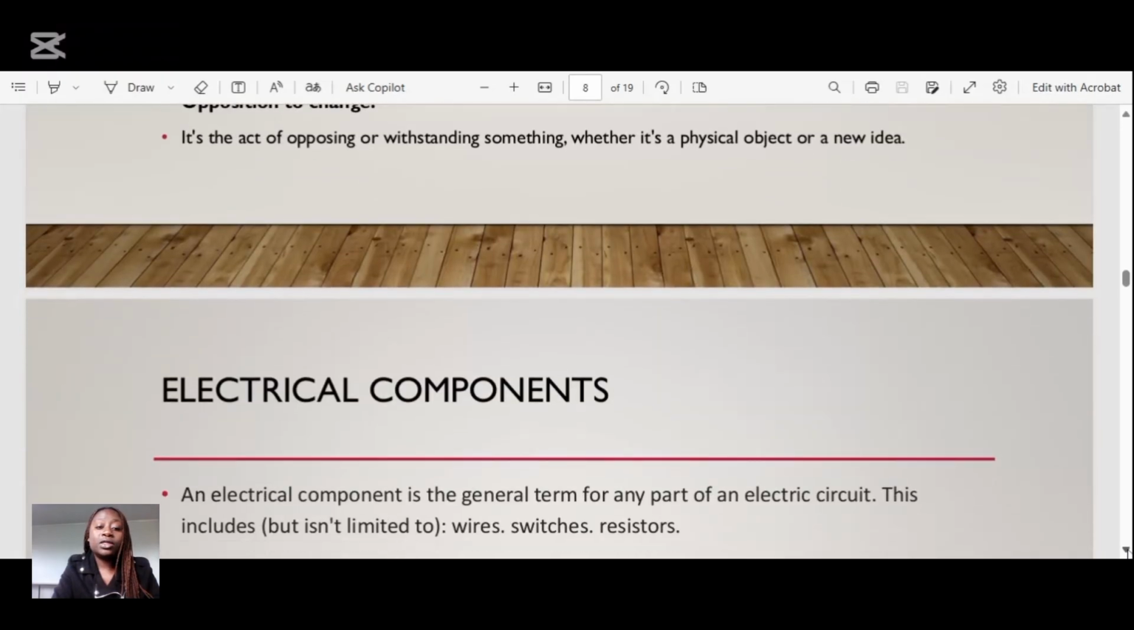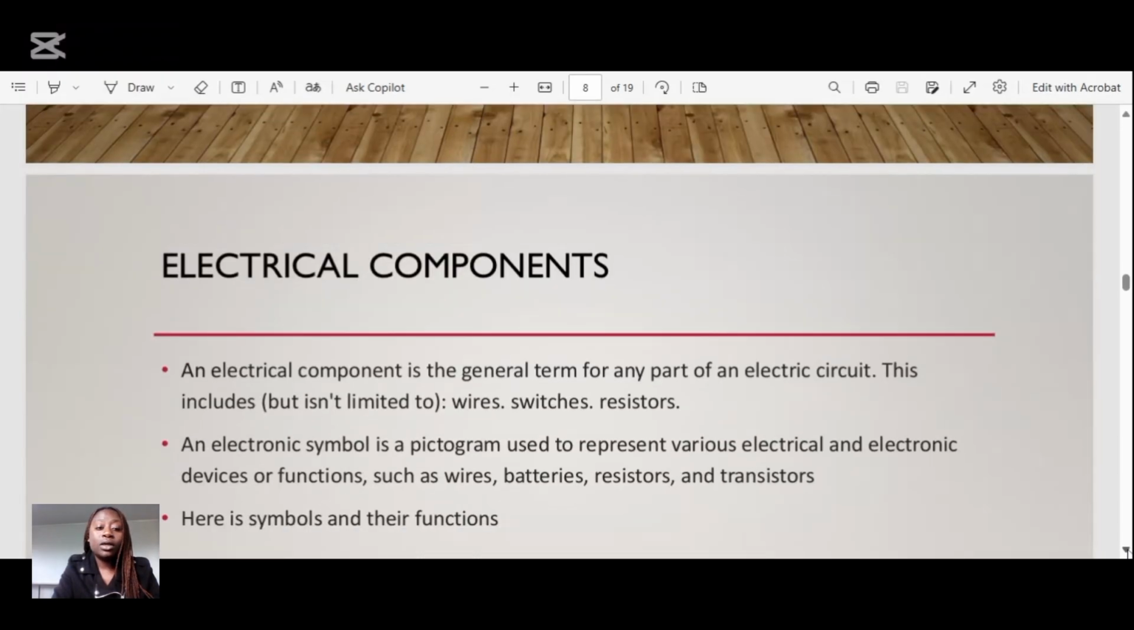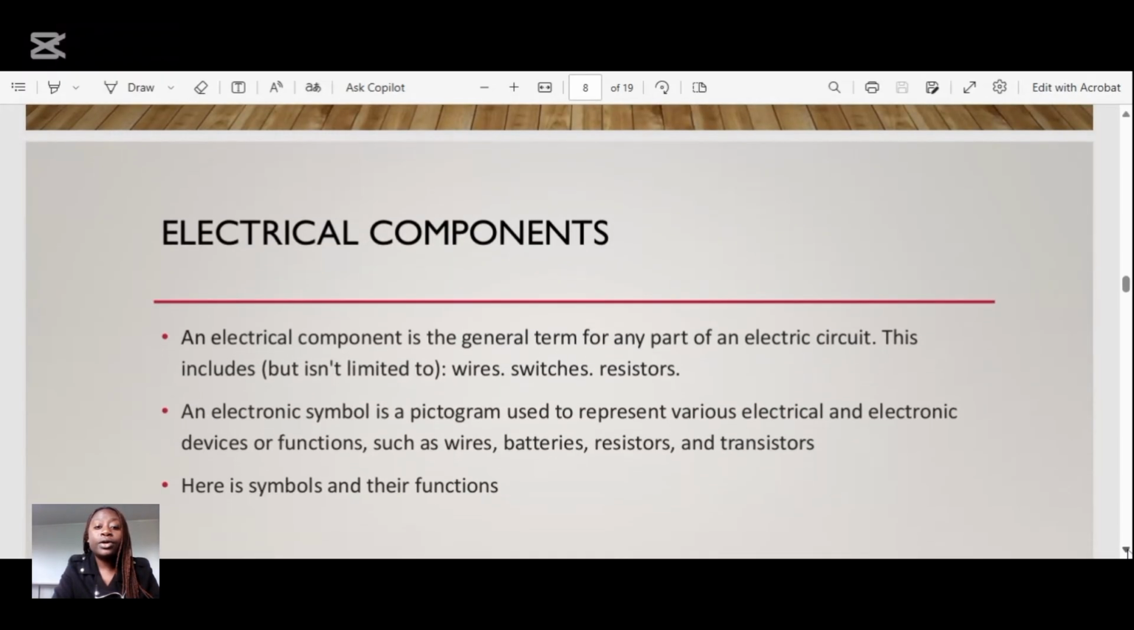And we have electrical component. An electrical component is a general term for any part of an electrical circuit. It includes wires, switches, and resistors, but it is not limited to these. We have our voltmeter,